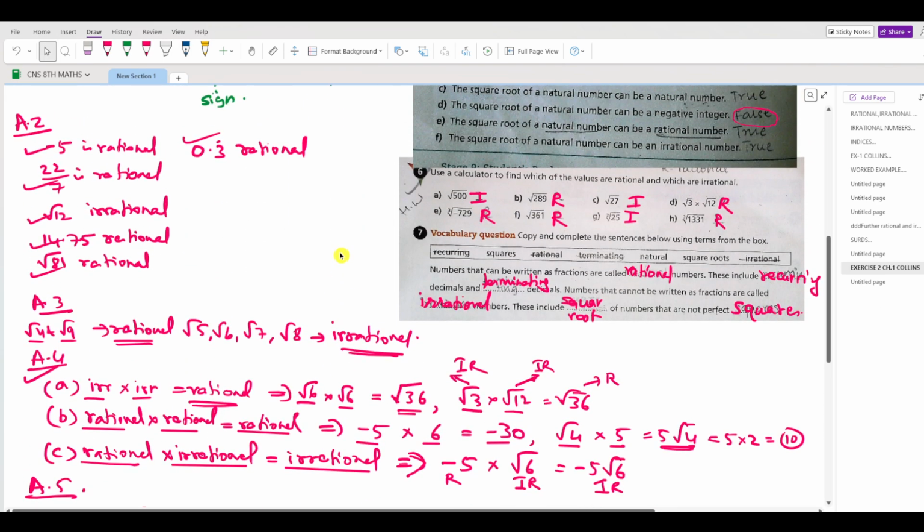Now let us move on to question number 6. Question number 6 is: use a calculator to find which of the values are rational and which are irrational. Right now I am not having a calculator with me, but without using a calculator also I can answer these questions. But I'll tell you what will happen if you use a calculator. So A is root of 500. Now if you type in root of 500, you will get an answer which will be in